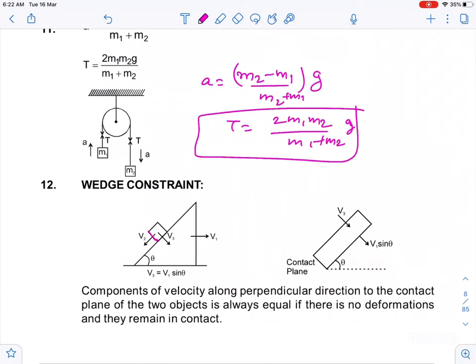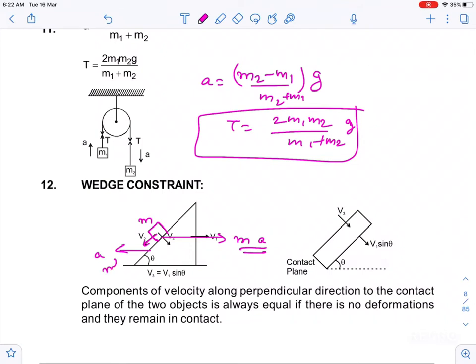Suppose they ask you, if this block is not moving over the wedge, what will happen, guys? Actually, this type of question you can solve by applying the concept of pseudo force also. Suppose you are pulling this wedge to the right, the pseudo force acts on the left, and this pseudo force magnitude is, suppose this particle has mass m, and the acceleration of the frame of the system is a, so ma is acting like this, and now you can break it into components.